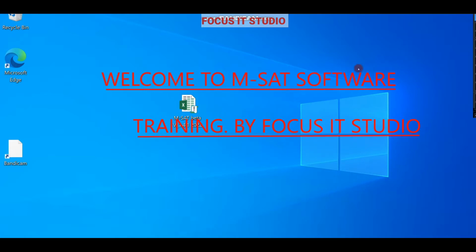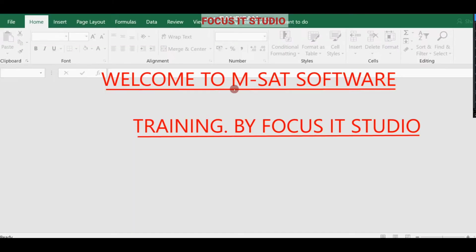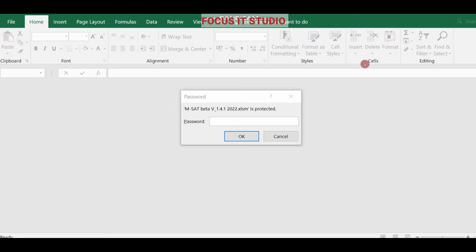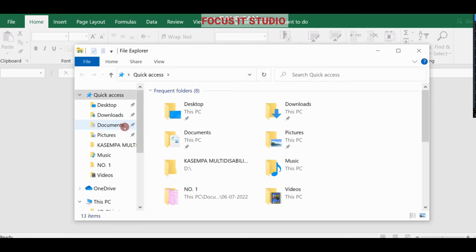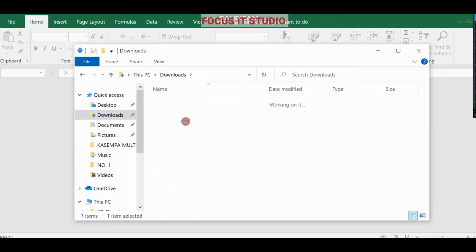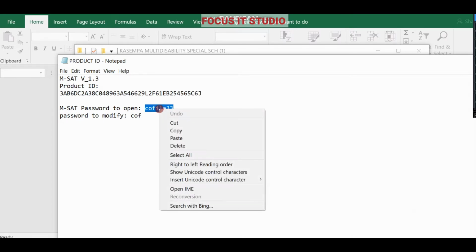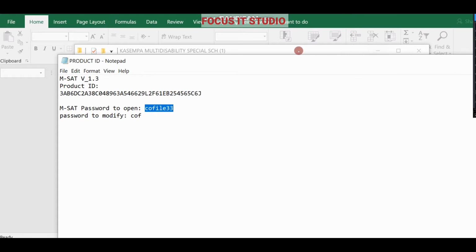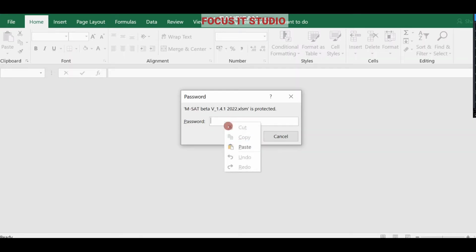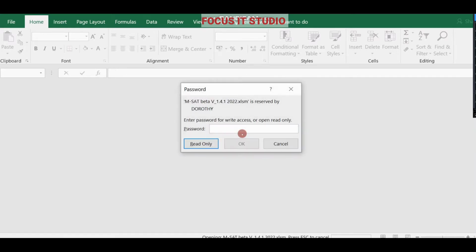on this software. The first part that you do is you hit on the shortcut of the software that is on your desktop. It will open, and after opening, it's going to request for a password. This is protected, but in this you're not supposed to enter the token ID, you just need to enter the protection password. So you open where you saved your MSAT software, hit on this MSAT password, copy it, and then paste it here. You hit on OK, and then you